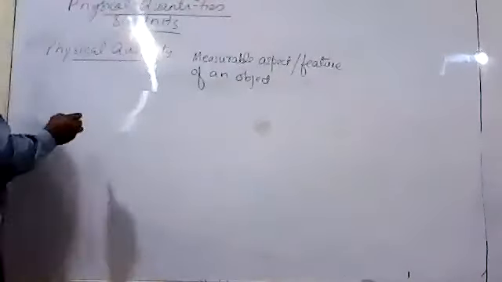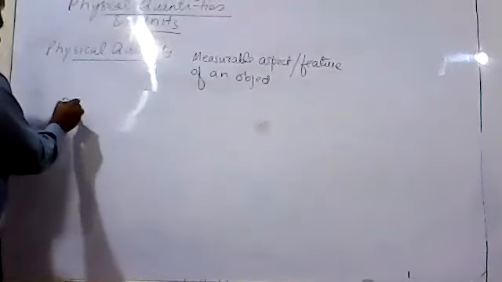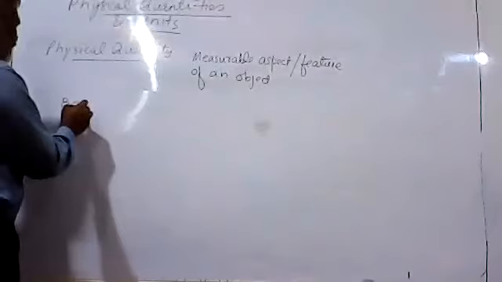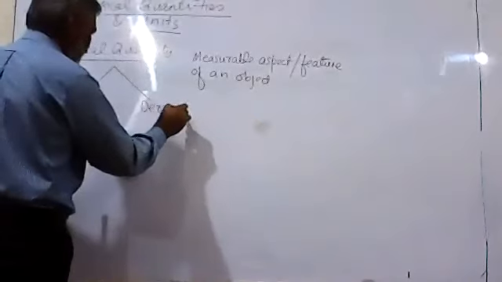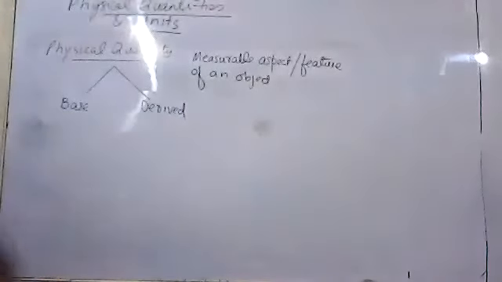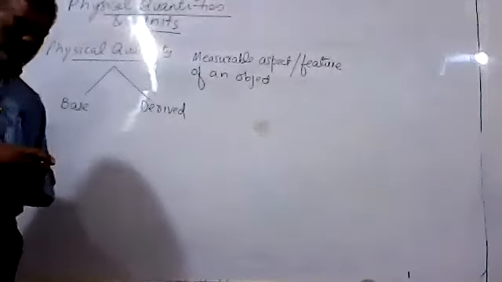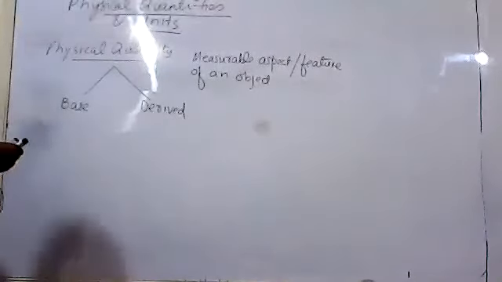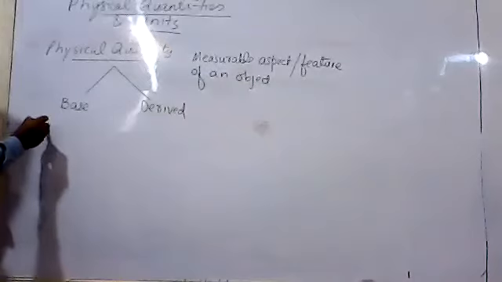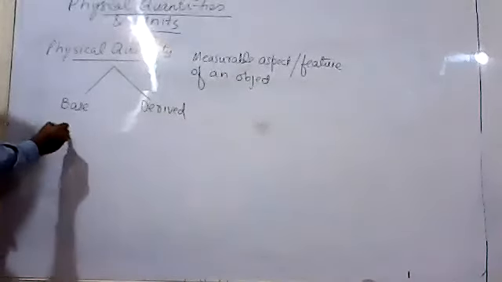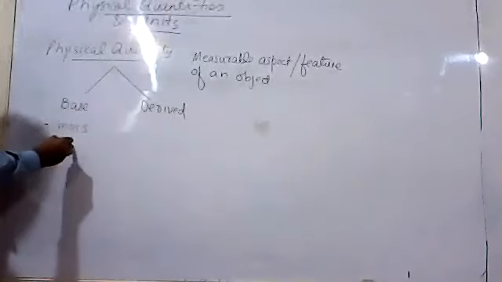Physical quantities are divided into two groups. One group is referred to as base quantities and the other group as derived quantities. Base quantities are 5 in the AS physics syllabus, although there are 7 in all, but 2 of them will be studied in the next year in A2 physics. Base quantities in the AS are mass, length,